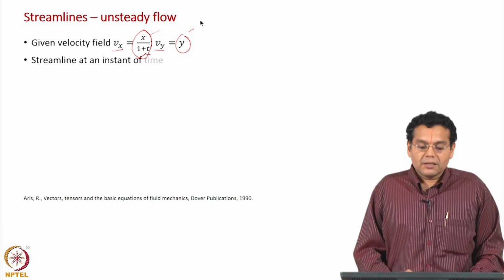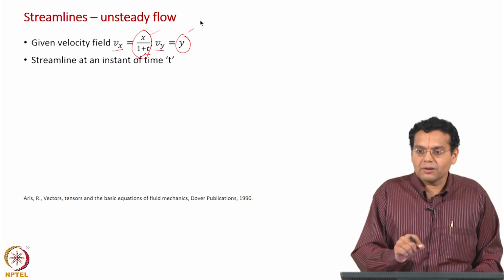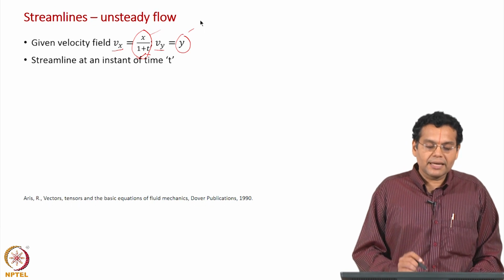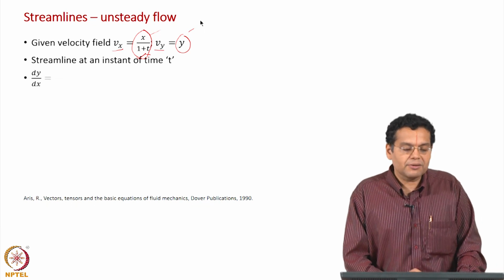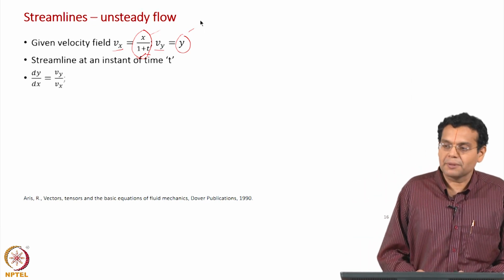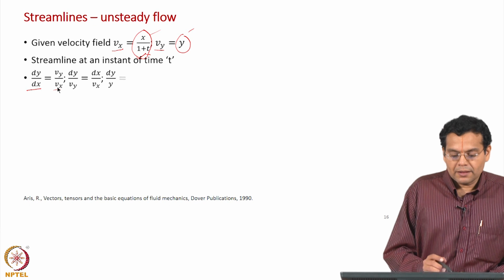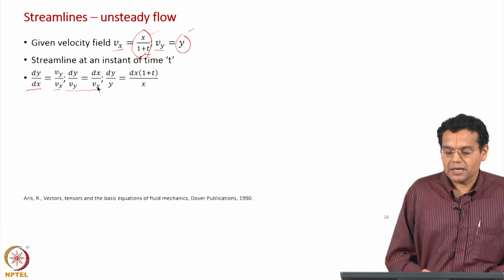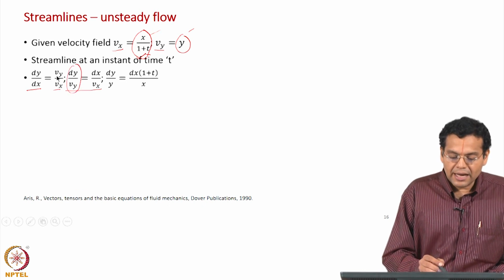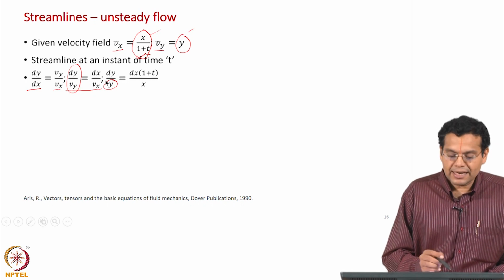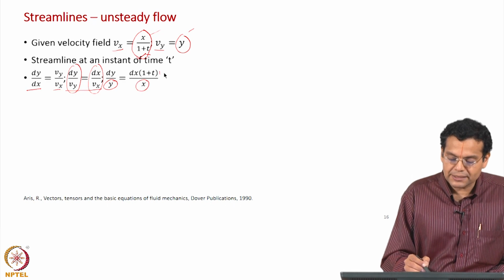Now, this example also illustrates something we have been talking about, streamline at a particular instant, that will also be emphasized here. Streamline, as we have seen, represents the flow at a particular time instant. Now, let us start with the equation for the streamline, which I used in the previous example. dy by dx is equal to vy by vx, and do a rearrangement convenient for integration as dy by vy, and vy is equal to y. Right hand side we have dx by vx. Now, vx is x by 1 plus t.